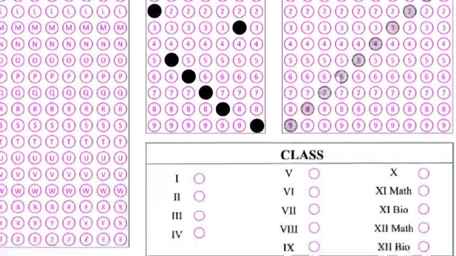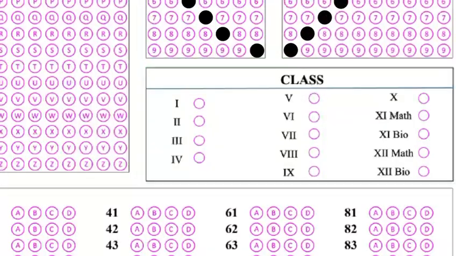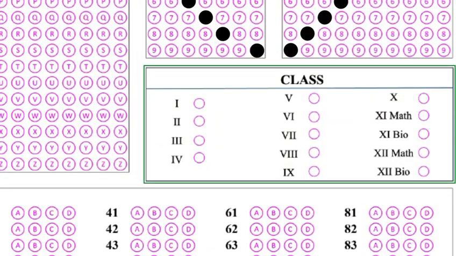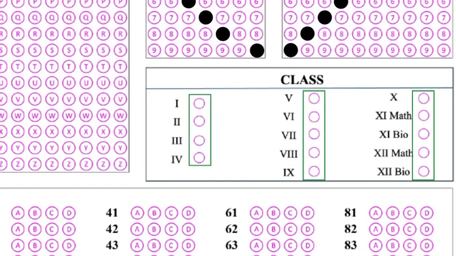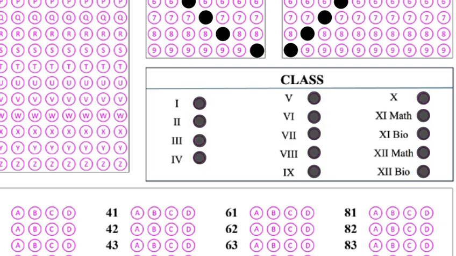Now let's come to the class section. You will see your grade written in Roman numbers. Next to each Roman number, there is a bubble. Fill the bubble next to the Roman number that matches your grade. For example, if you are in grade 7, look for the Roman number 7 and fill the bubble next to